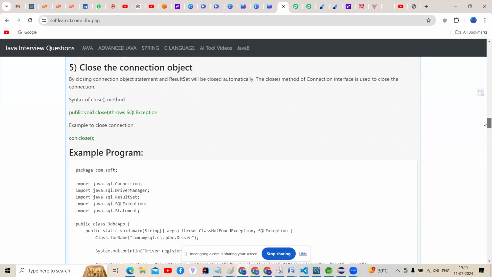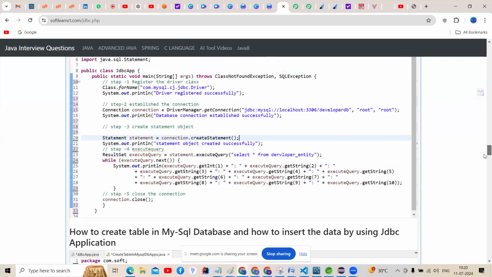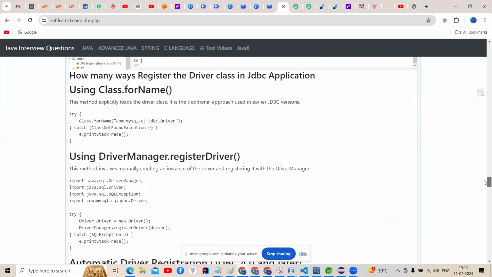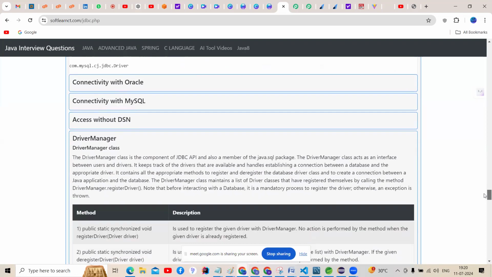Can we create an object for a driver manager or interface? Is it possible to create a class for interfaces, guys? Driver manager is an interface, and if we are not able to create an object,